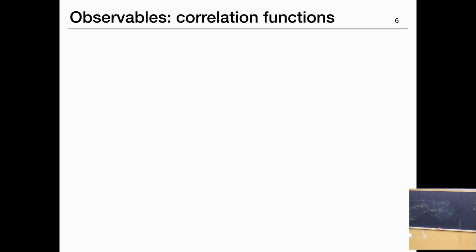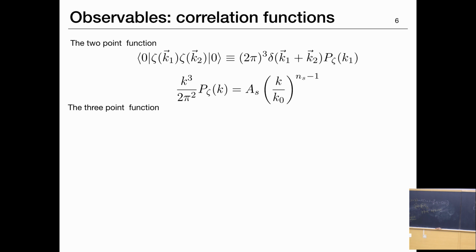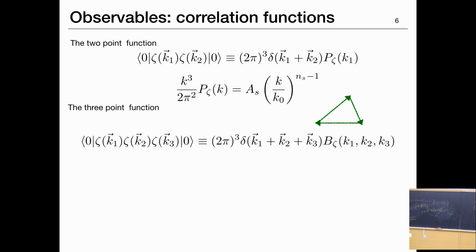So let's talk about the observables, which are given by the correlation functions. In particular, the two-point correlation function gives us the power spectrum, which is well constrained by these parameters: the scalar amplitude and the spectral index, and they are measured at some particular pivot scale, k0. Another important quantity, which is really important for this work, is the bispectrum, the three-point correlation function, which tells us about the existence or the non-existence of non-Gaussianities.